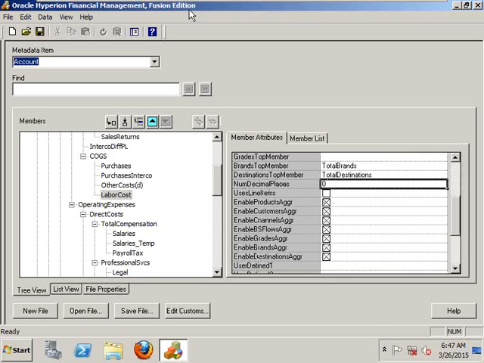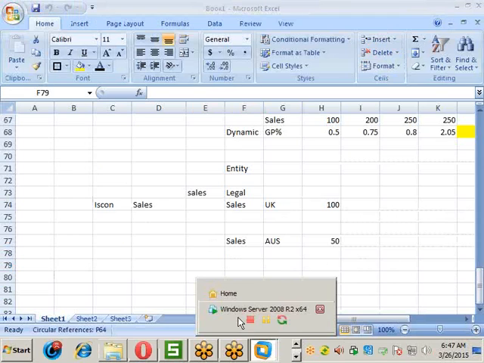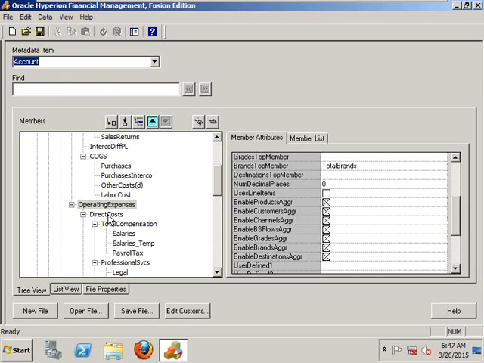When you create the HFM application and load the data, how many decimal places you want to show in the books of accounts is saved in the number of decimal places property. Each dimension member has its own number of decimal places. If you give 0, you are showing only absolute values in the books of accounts. Next one is use line items.